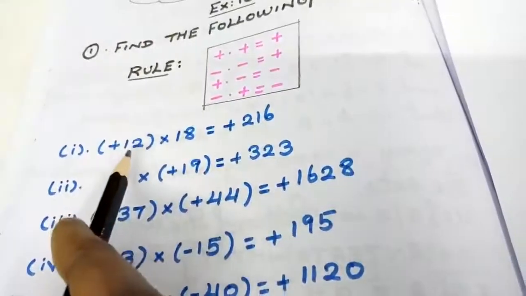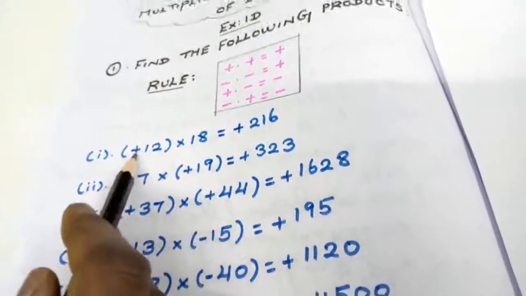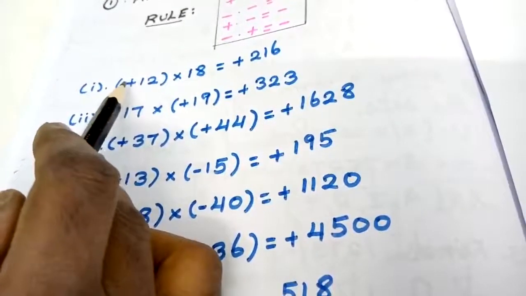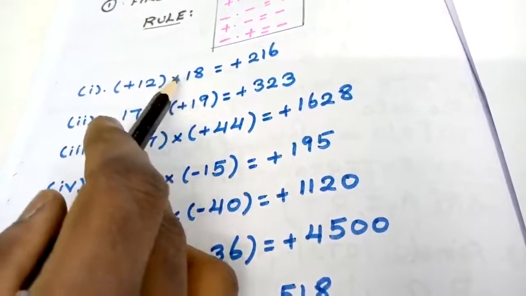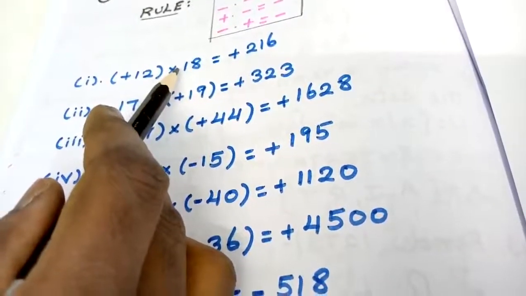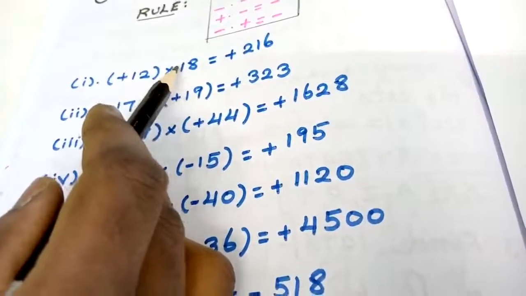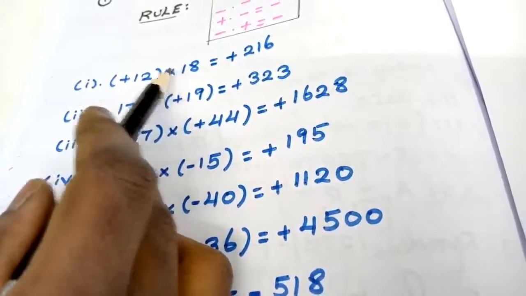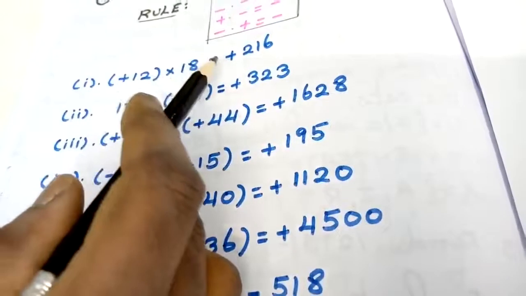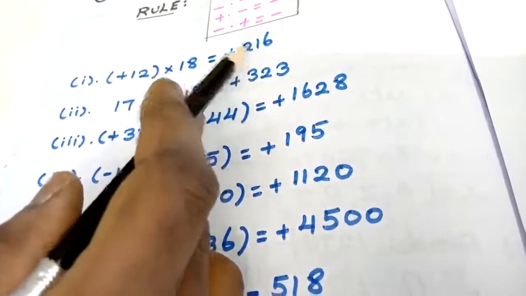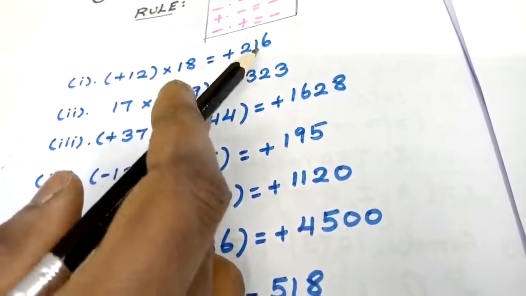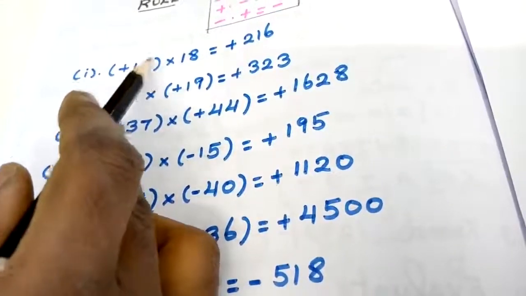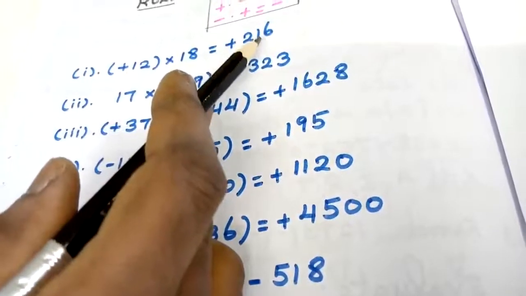In this case we will have the sign as well as the number. First I am going to multiply the sign. If you do not have any sign in front of the number, it is understood to be positive, that is plus. In front of 18, if there is no sign, it is understood to be plus. So plus into plus is plus, you can write it as plus 216 or just 216. After multiplying the sign, you multiply the number. 12 into 18, you will get 216, students.